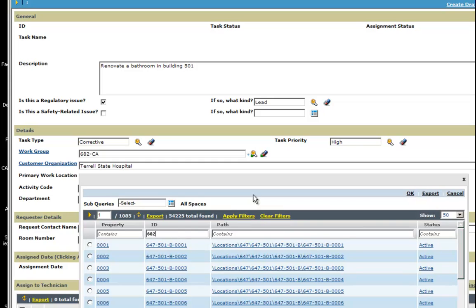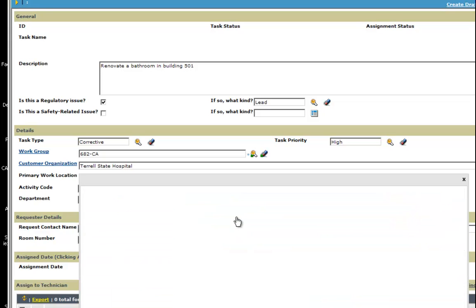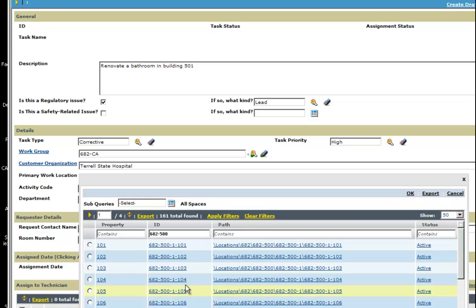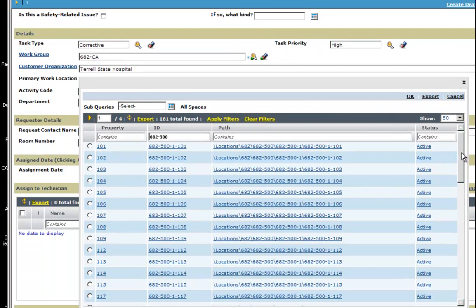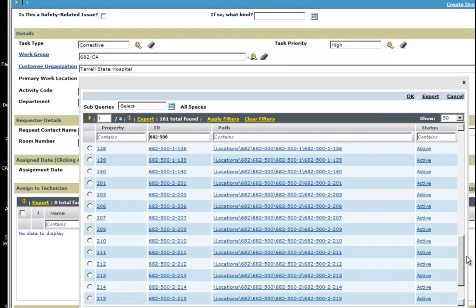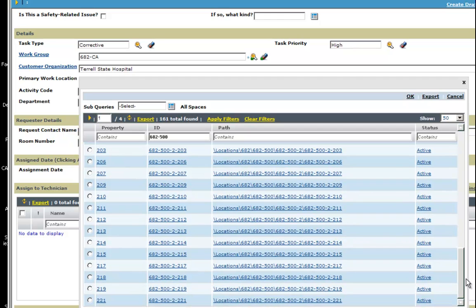And I know I want to do work on my campus, which is 682, and I know actually that 682 doesn't have a building 501, so I'm going to change this to 682-500. And then I'm going to go ahead and say apply filters. And that brings back all the rooms in building 500. Now I could scroll through that list of rooms. In fact, let me just scroll down a little bit here. I could scroll through this entire list of rooms to find the room that I'm looking for,